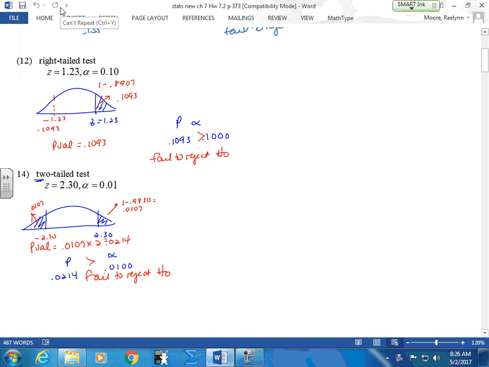So we started off with number 12, right? Number 12 just gave us a right tail test and wanted us to find the decision. This is where your decision comes from. So we take a look at